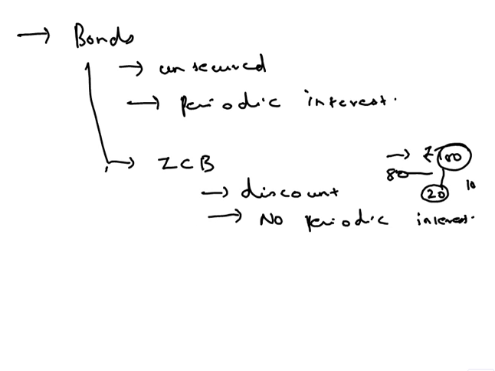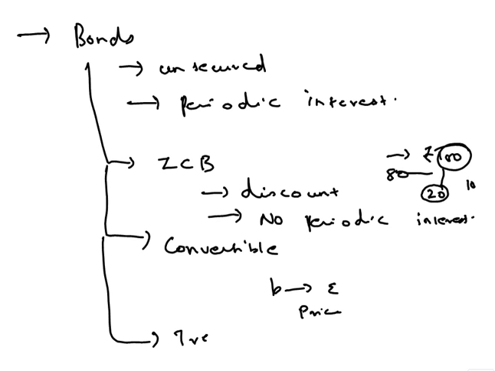And the next thing is convertible bonds. So what is a convertible bond? A bond giving the investor the option to convert the bond into equity at a fixed conversion price. Right, that's it. So you can convert a bond to equity, paying some conversion price for this. And there is also something called treasury bills, which everybody knows. These treasury bills are issued by the government. Usually they are short term, up to 1 year. They are issued by the government for financing their cash requirements.